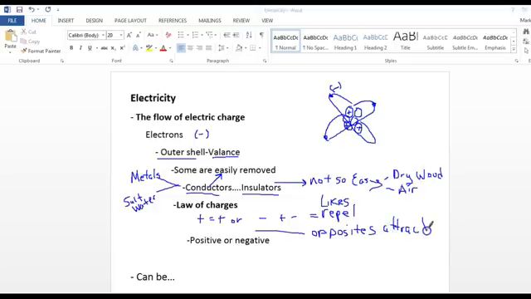So if you have a positive and a negative, they're going to like each other. They're going to be attracted to each other. And they use this idea to create electricity. And how that kind of works is if you have electrons in a circuit and